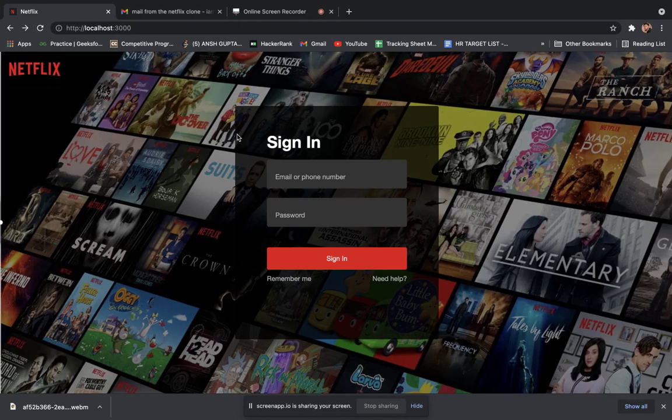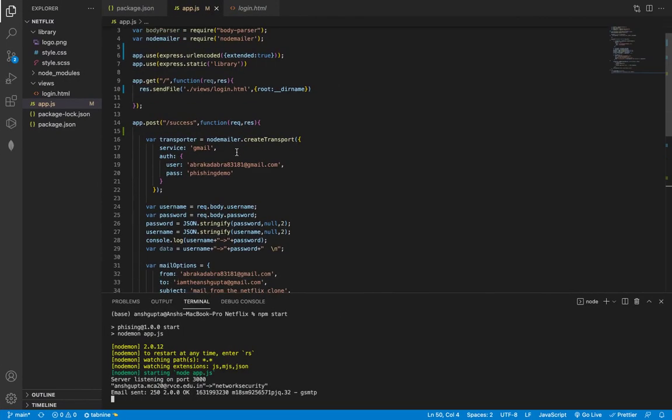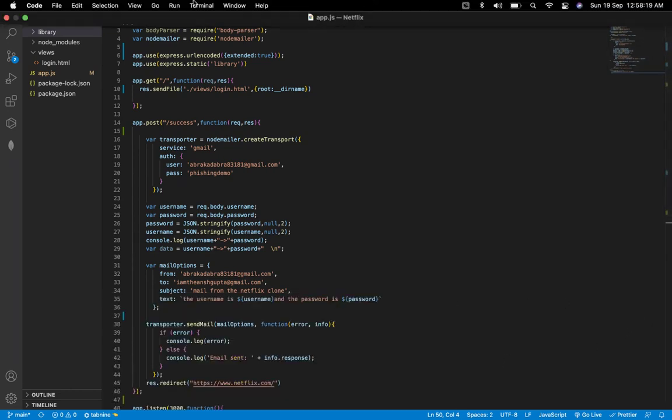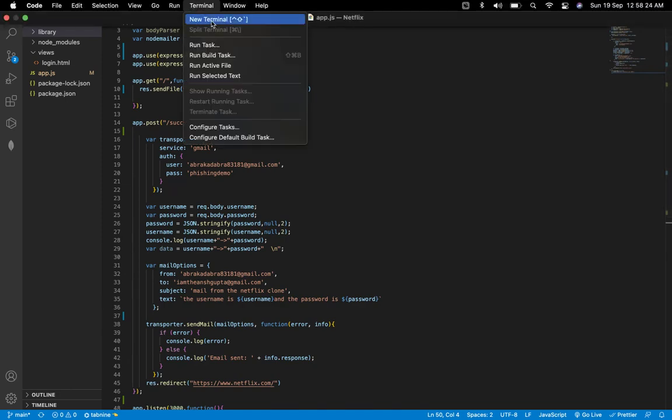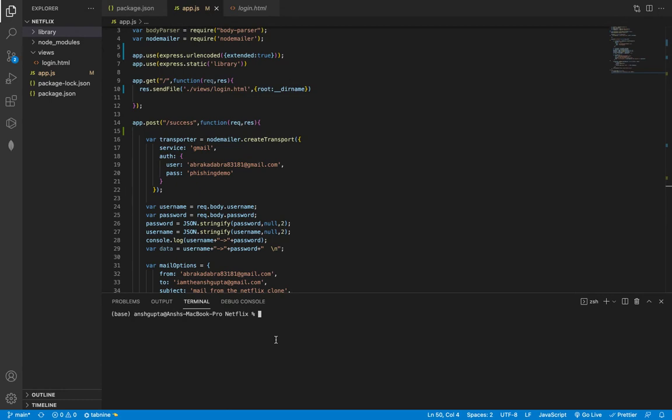So how does it work? After downloading the repository, we will have such a folder structure. To start the server, to actually run the program, we can first install Node.js. Your system must have Node.js, and then we can start up a terminal, wherein to check whether Node.js is properly installed, we can do node -v. This will give us the version of Node.js that we currently have. If not installed properly, this might show some errors.